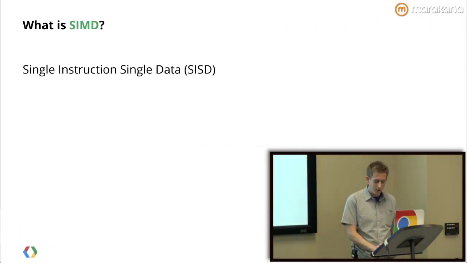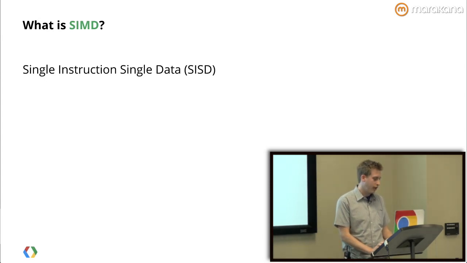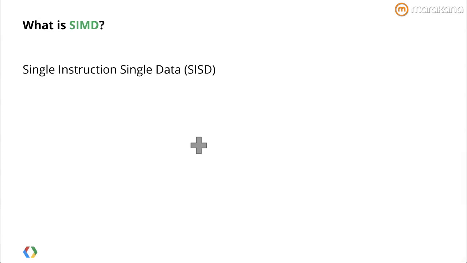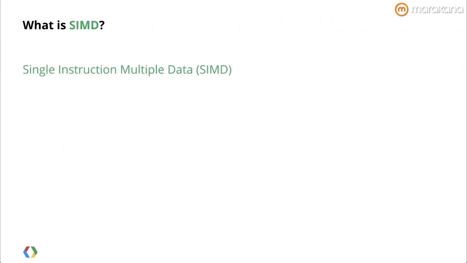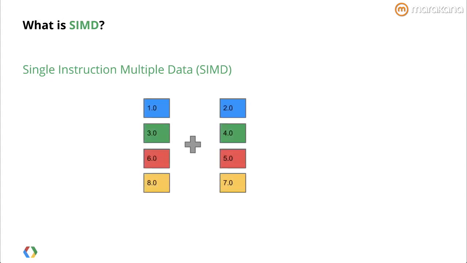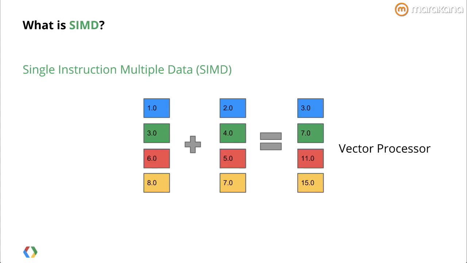All right, so before we get into SIMD, we need to talk about SISD, which is single instruction, single data. And this is typically what you're doing when you're operating on data in your program. You have a single instruction, like add, and you have a single piece of data. You add the 2 values, and you output the other. SIMD, on the other hand, is single instruction, multiple data. So again, we have a single instruction, add, but we have multiple data. So you're actually adding 4 numbers at the same time with 1 instruction. And a good way to think about this is a vector processor. This is perfect for doing 3D math.